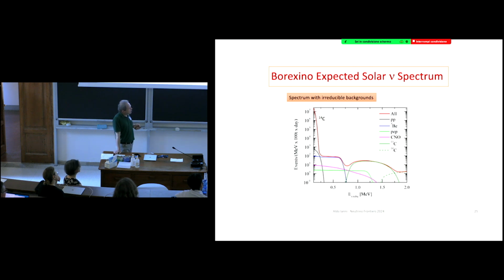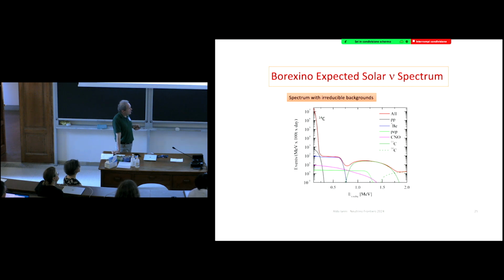And in fact, carbon-14 is limiting the sensitivity to PP neutrinos, which is this spectrum here. On the other hand, if you consider beryllium-7 neutrino being this monoenergetic flux of neutrinos, the kinematics says that you expect a threshold, and this is a clear smoking gun signature for beryllium-7 neutrinos if the background is low enough. Then at higher energy, you have carbon-11, which is a cosmogenic background, which is dominating